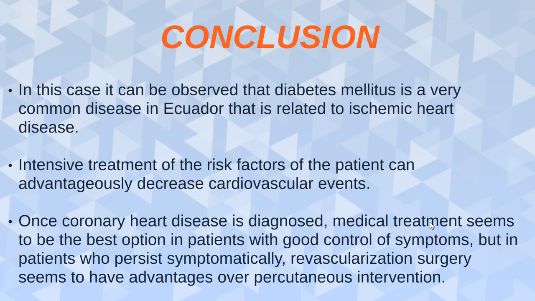Once coronary heart disease is diagnosed, medical treatment seems to be the best option in patients with good control of symptoms, but in patients who persist symptomatically, revascularization surgery seems to have advantage over